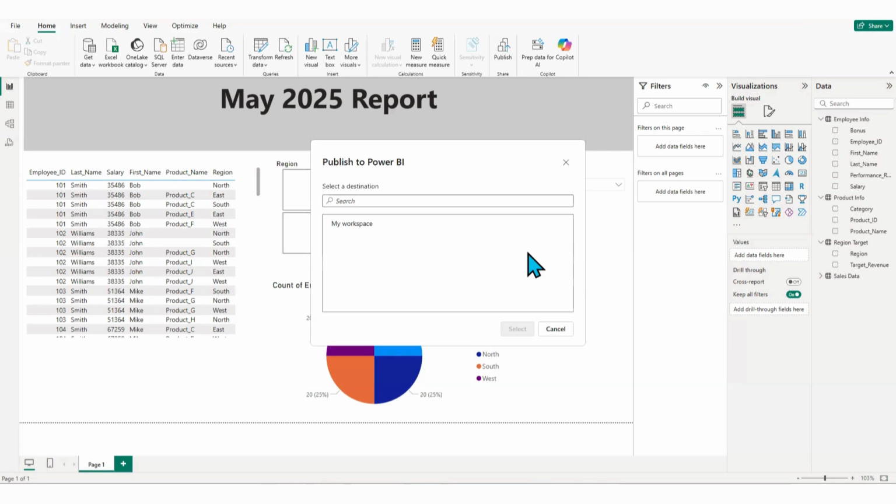Now, depending on where you work, you may have access to workspaces within the organization. For example, they've created a workspace for HR, but based on the account I am using for this training, I only have access to my workspace. Of course, that means the workspace sits in my own space alone. So since that's the only option I have, I'll just select my workspace